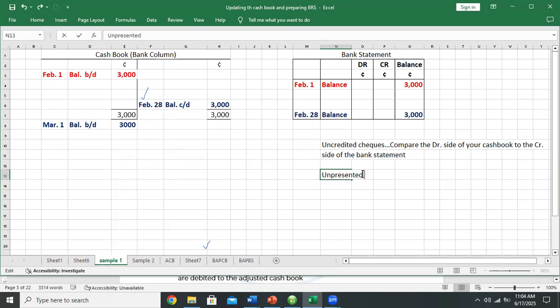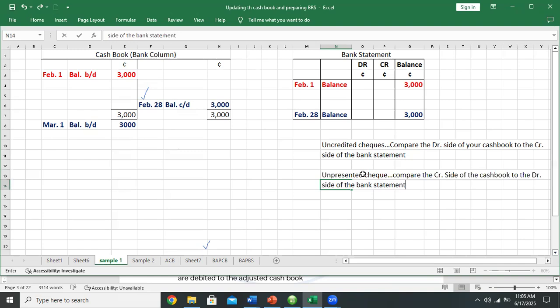And for unpresented checks, you compare the credit side of the cash book to the debit side of the bank statement. So please note these two,